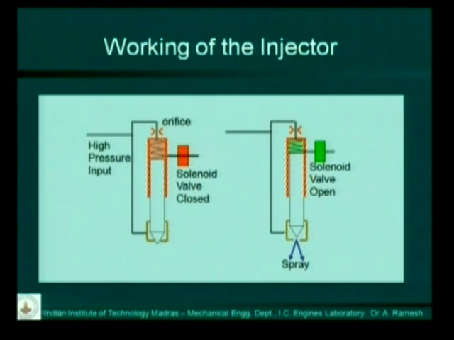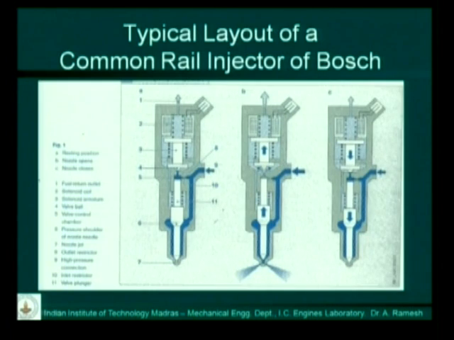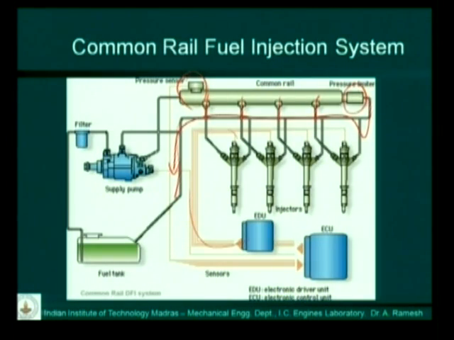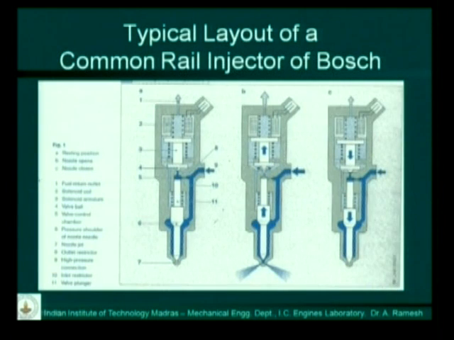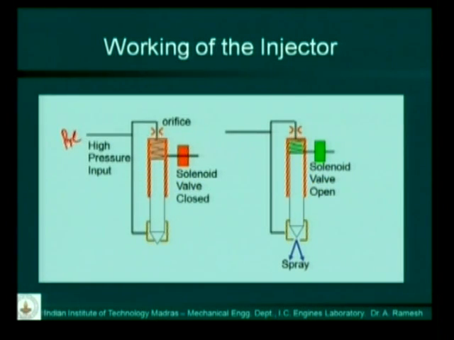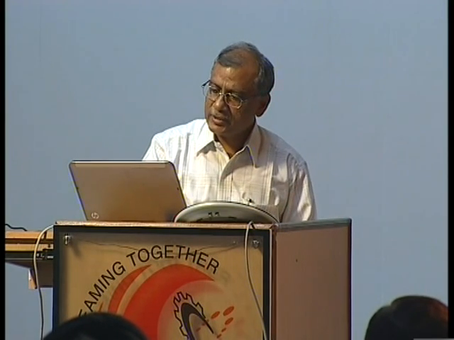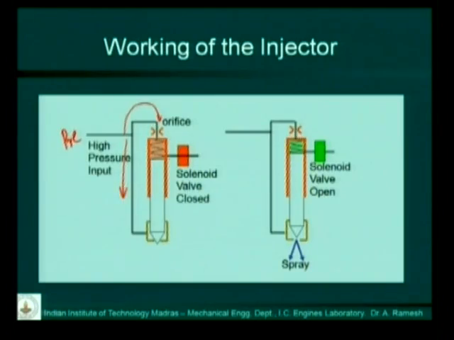Now the common rail injector always has high pressure because the fuel is coming from the rail. From the rail, fuel is coming at high pressure into the injector. So always you have high pressure, and if that high pressure is led only to the bottom of the injector, it will open, and it will always be open, which you do not want. So you also allow this high pressure fuel to the top and to the bottom. So fuel goes to the top of the injector and to the bottom of the injector, and the area on the top is more than the area at the bottom. So the net force on the injector will be